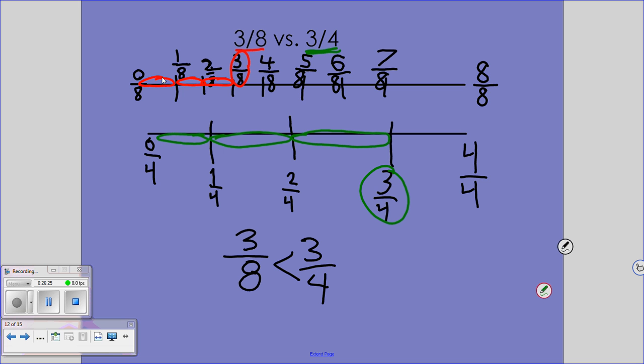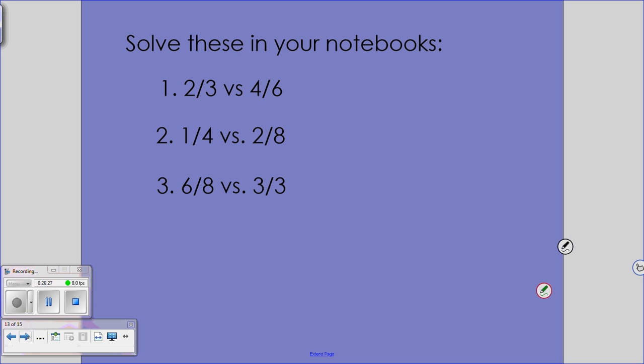Alright, I'm going to have you do these 3 in your notebook. I want to see the number line strategy in your notebook. If you need help, just raise your hand. There's plenty of room. Go ahead and do these 3. Make sure you have the comparison